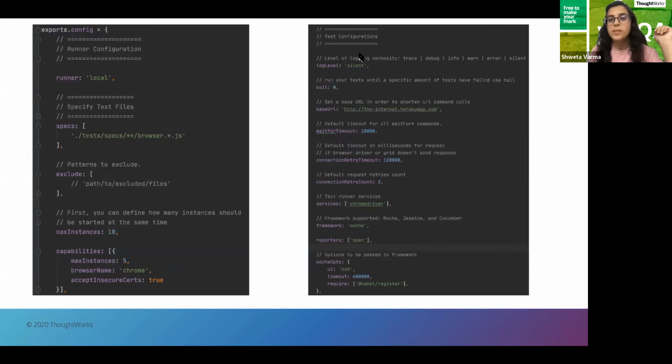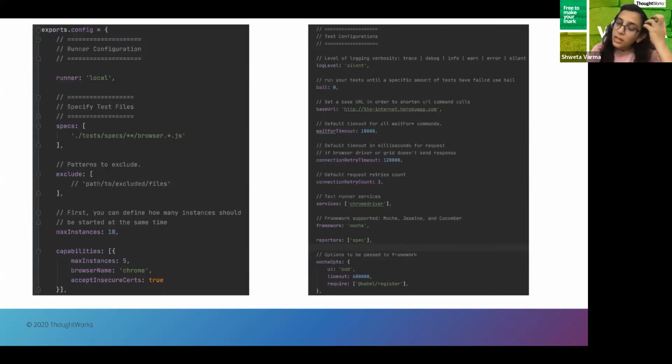And then comes the log level. It does provide us with the option to show as much information as we want. You can have it at an info level or a debug level or error level. That's up to you, how much information you want to be visible to everyone.